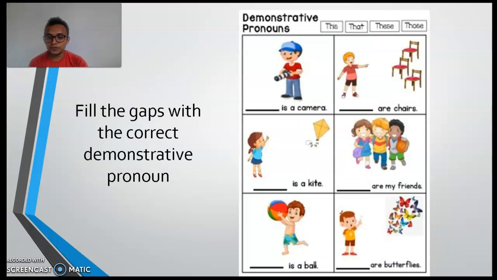So we are going to make a little exercise about demonstratives. I want you to fill in the blanks or gaps with the correct demonstrative pronoun. So right here we have a guy that has a camera. The demonstrative that we are going to use here is this. Why? Because the guy has the camera in his hands, so the camera is